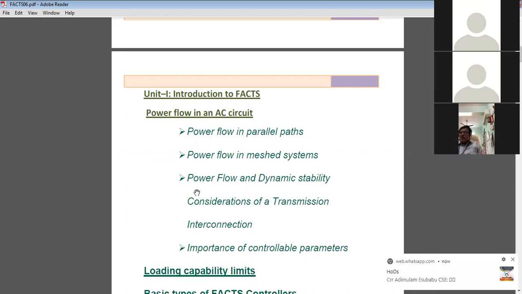You can reduce the overall reserve requirement of the power, because with existing FACTS controllers you can have extra power, so that you can reduce that reserve capacity. Reserve means extra capacity which is not used, only in emergency conditions we can use that reserve. Overall reserve capacity you can reduce. Loop flows, generally unnecessary power flows in different paths, you can reduce. Upgradation of lines is possible because this uses the existing technology. And utilization of cheap power is possible.